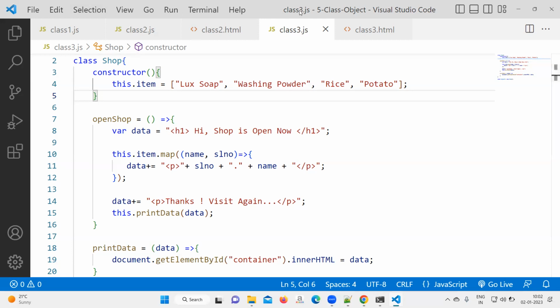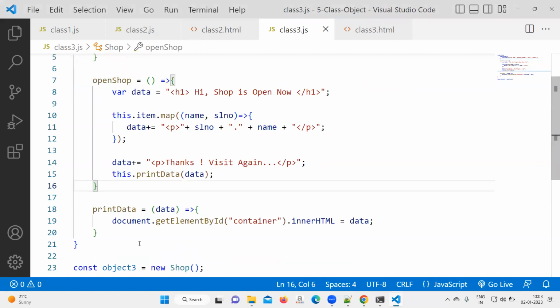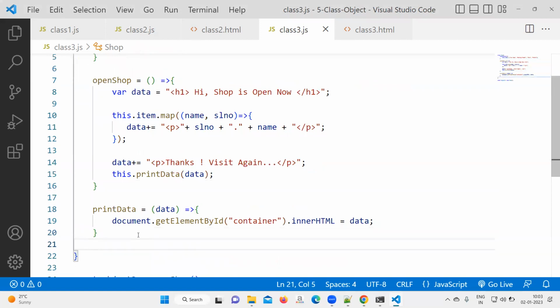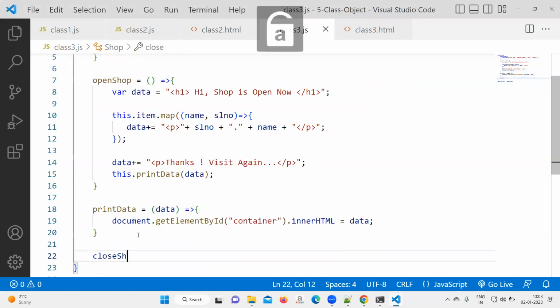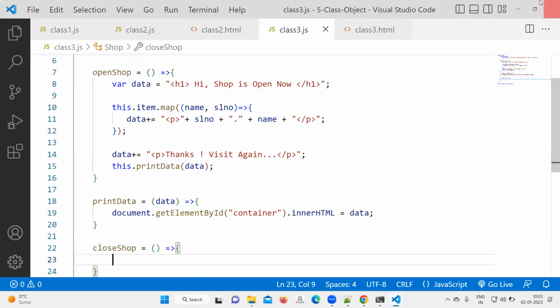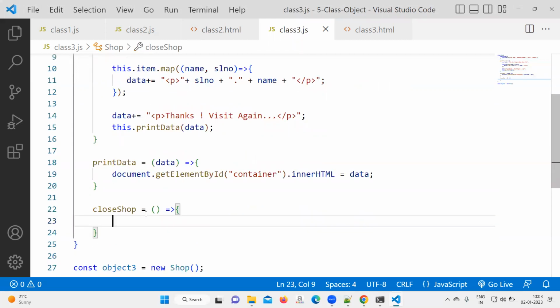Ready? The class is created. Now we'll write a function called closeShop. This is the open function, openShop. Write one more function called closeShop. When you click on closeShop, we will write again a variable msg equal to a paragraph, or maybe you can write an h1 here: Shop will open